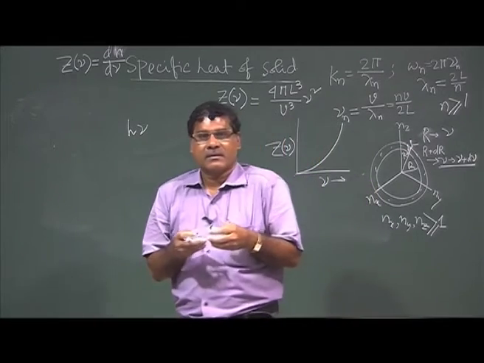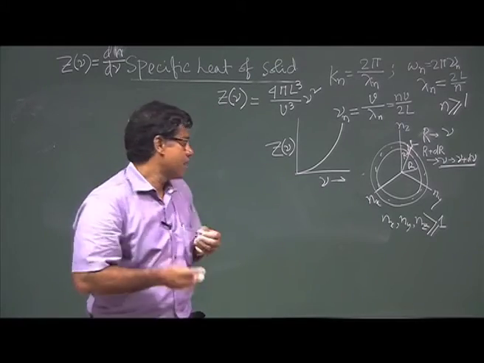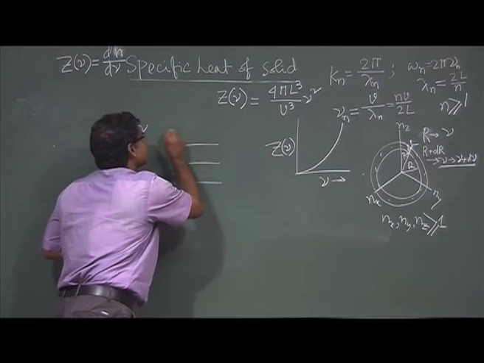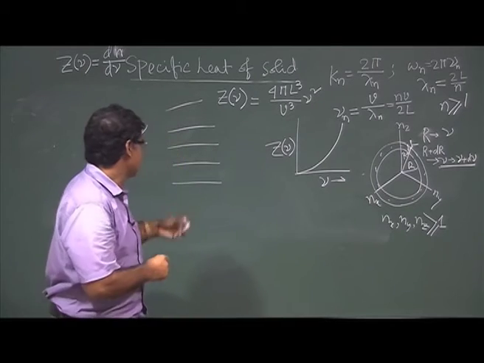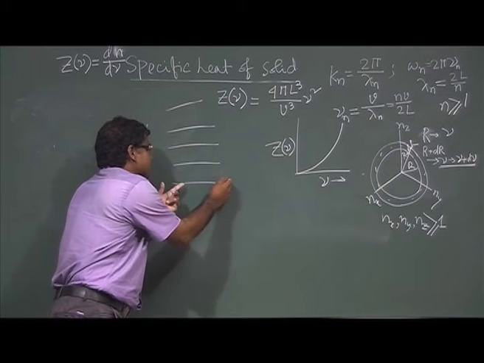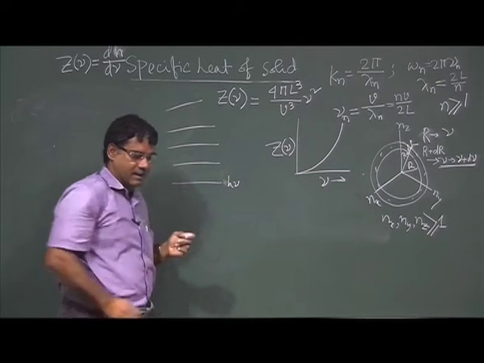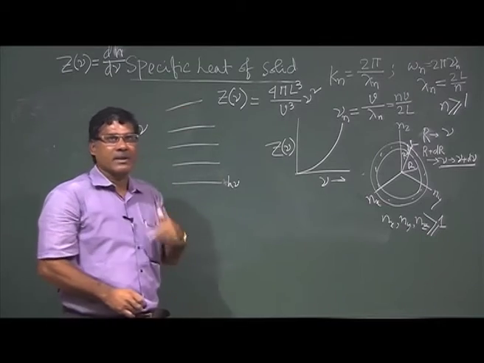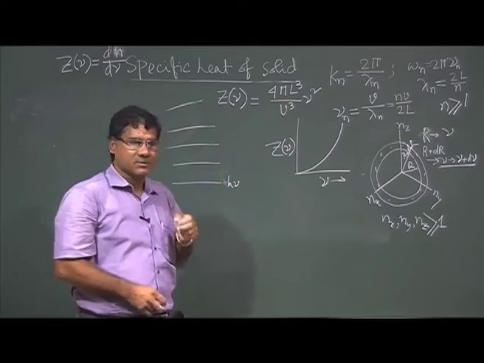So, now what will be the energy distribution for a mode having frequency nu? It can have many energy levels. Initially, say its ground state is here, with energy h nu. So what will be the higher energy states, the excited states for that mode? That one has to know.